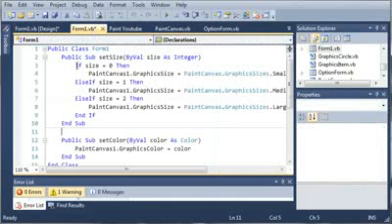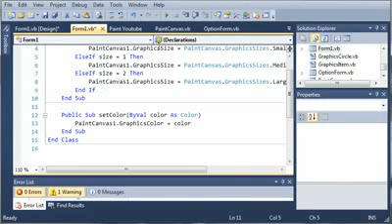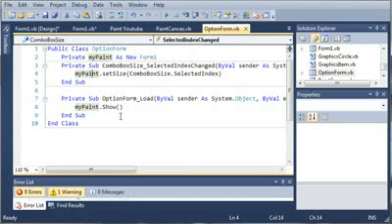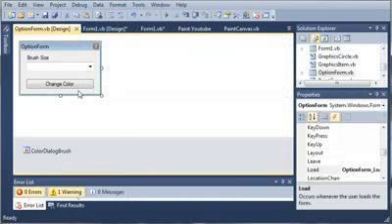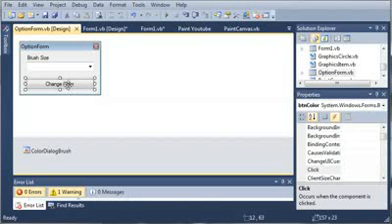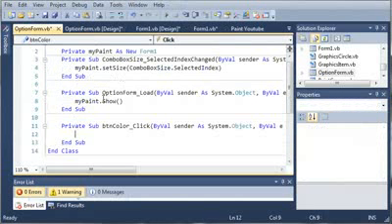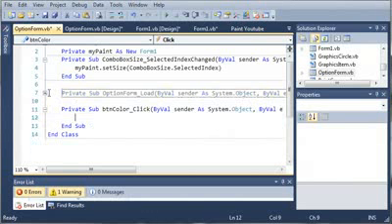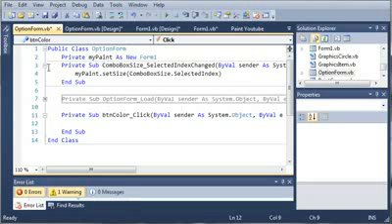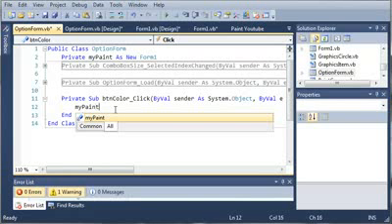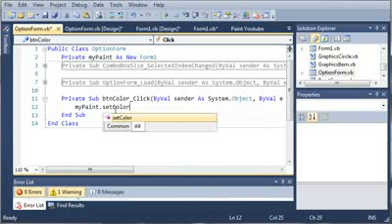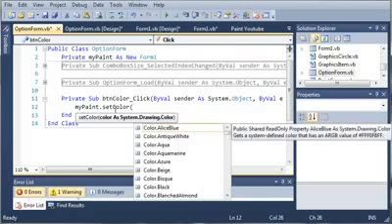So we'll go back into form1.vb, and now what we need to do is go into our option form and add the set color method, or rather call it. So we'll come back into the designer for option form, OptionForm.vb design, and let's just double click on change color. So when they click button color, what do we want to do? Well, we want to set the color. So we'll call mypaint.SetColor, and then we'll just do